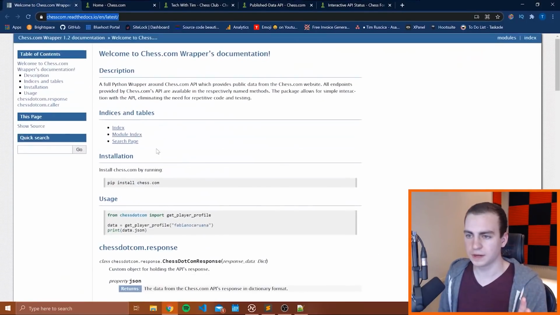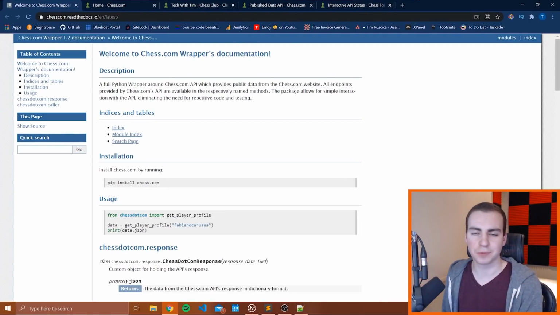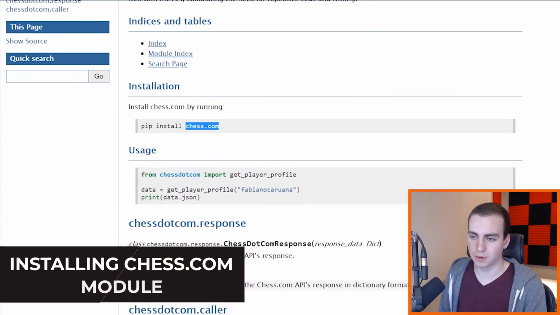Okay, so that's pretty much all I need to say. What we're going to do is download a Python wrapper for the chess.com API. Someone has made this simple module that takes all of these API endpoints. The way an API works is you have all of these endpoints, which are just URLs that you can send a request to, and that request is just going to return information to you. So what they've done is make it a lot easier for us to call these endpoints. Rather than us having to write all of the networking operations and all of the different requests, we just install this module, we just call a function, and then that function gives us all of the information that we want. This Python module is available through pip.